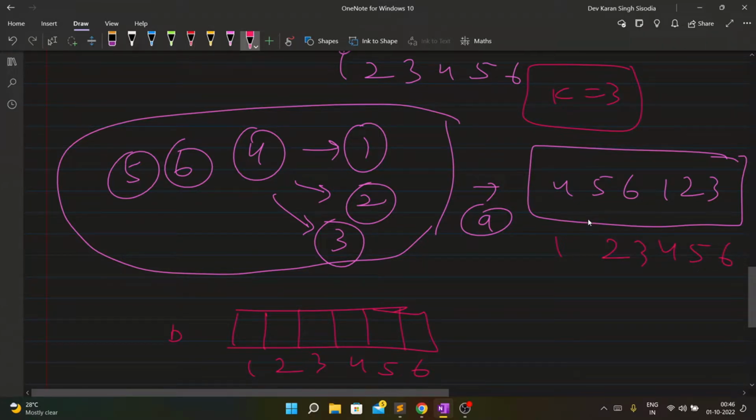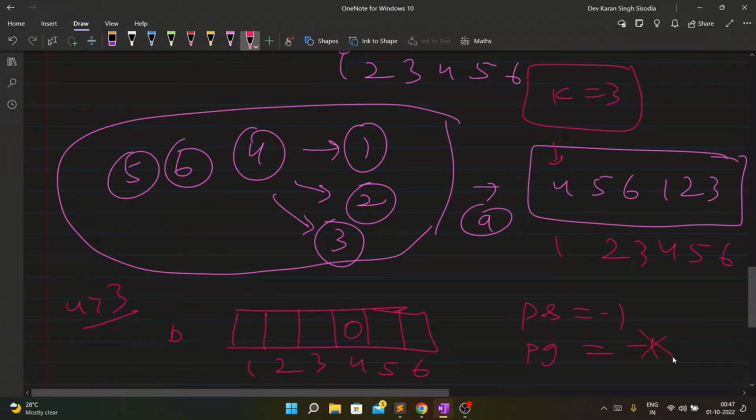If K is 3, I will have to maintain this PS and PG, which are initially -1, right? Now let's begin the iteration. I am at i equal to 1. So my 4 is greater than 3. 4 lies in the greater case. So what I have to do is go to 4 and change it with PS. And if PS is not there, then we have to change it with 0. I will go and do 0.